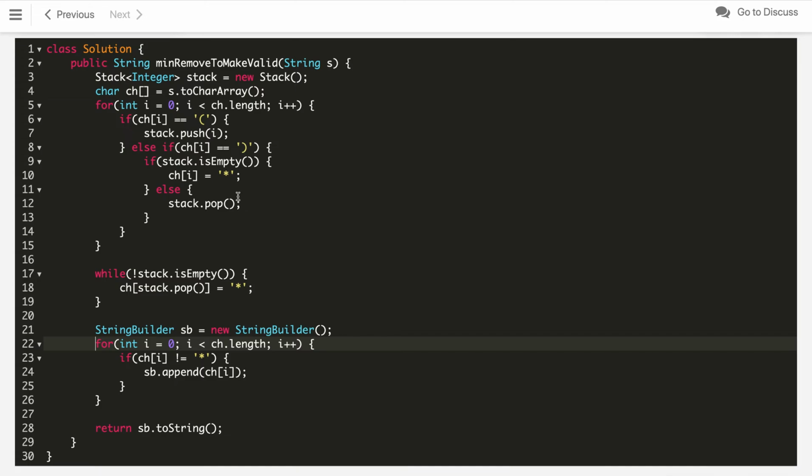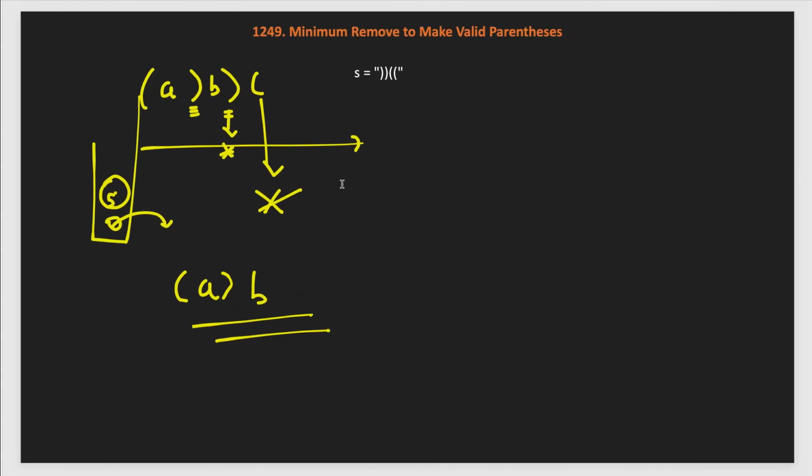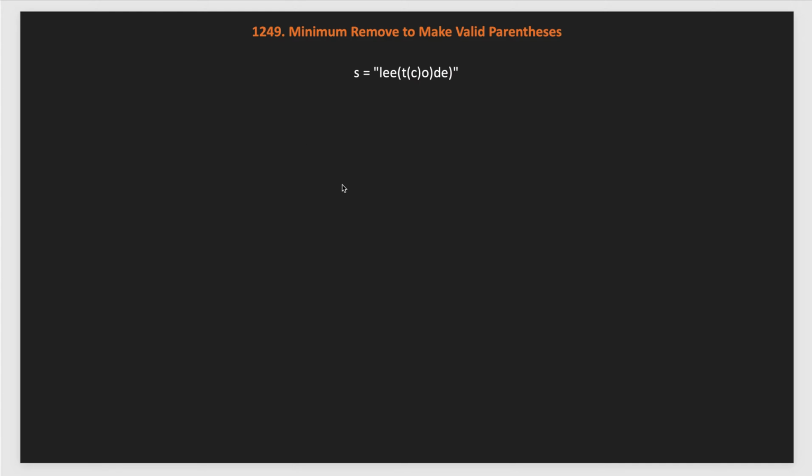And what is the space complexity? If we don't consider the resulting answer as space, that's fine, but still we are using a stack. So in the worst case the stack can be O of n size. But in an interview there might be a follow up: can we solve this without a stack? So how can we solve it without a stack? This is very well solvable without a stack as well. So let's understand how we can solve it.